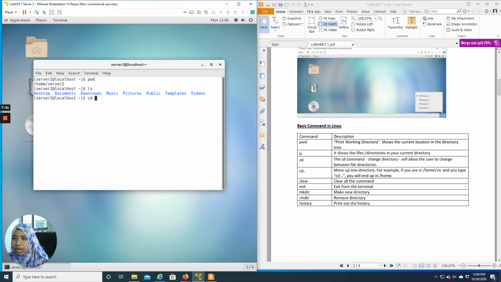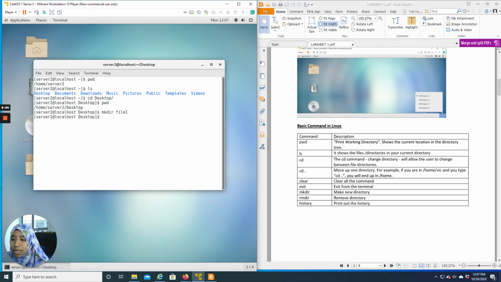For example, you want to put some files on your desktop. So you change directory from the home, you go to the desktop. Okay, enter. So you are in the desktop directory, and you want to make a directory. What's the name? For example, you want to make the file 1 folder. Okay, enter.